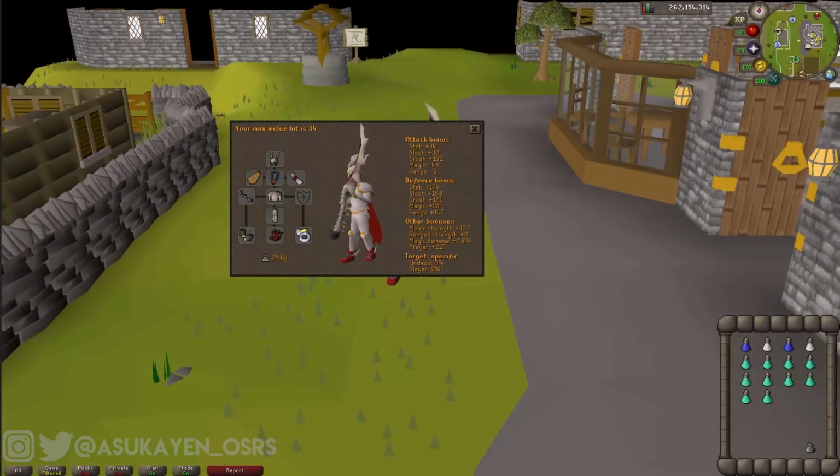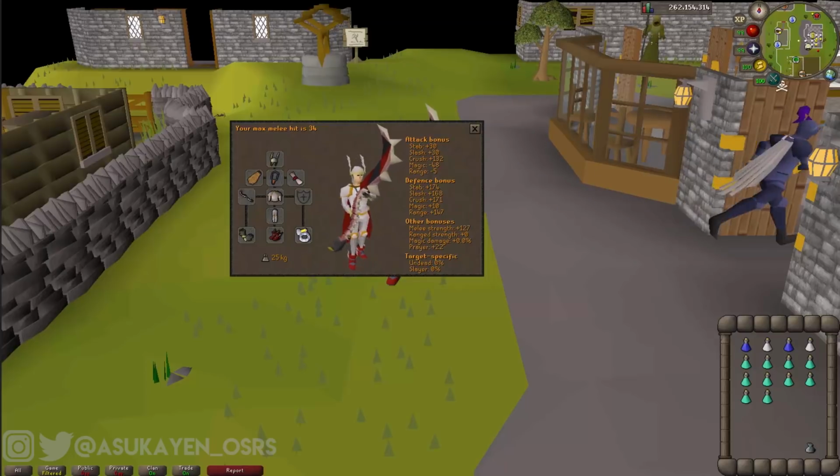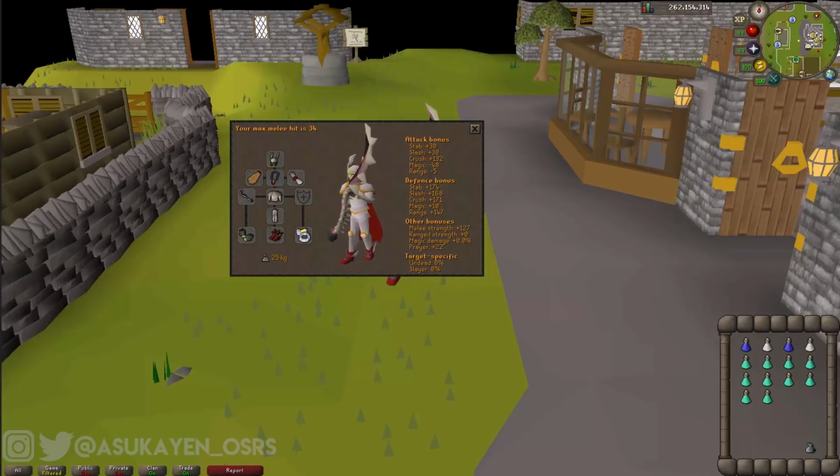Alright, so now on to the gear setup. Reiterating from earlier, these can be safely maged and ranged, but for quicker kills and more chances for a drop, I decided to go with meleeing them. For my setup, I went with the Helm of Neitiznot, Fire Cape, Amulet of Torture, Unholy Blessing for the prayer boost, Proselyte Plate and Legs, Barrows Gloves, Primordial Boots, an Imbued Berserker's Ring, and my choice of weapon was the Abyssal Bludgeon. The Abyssal Bludgeon is definitely a great weapon to use here, as it is the best crush weapon